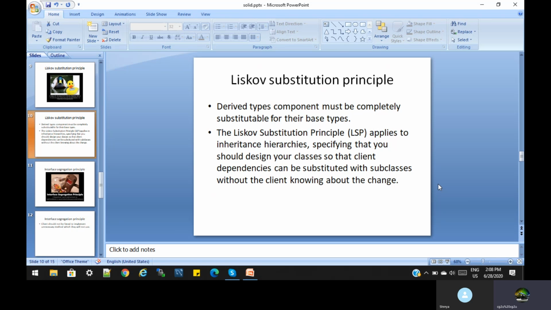This is the basic definition we are going to understand today, because in interviews, if they ask what the SOLID principle is, they will ask in such a manner. The Liskov substitution principle applies to inheritance hierarchies. It specifies that you should design your classes so that clients can substitute subclasses without the client knowing about the changes. We will explain it with an example in the next section. I am providing the definitions because this is designed only for the interview.